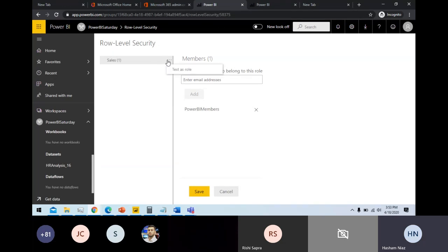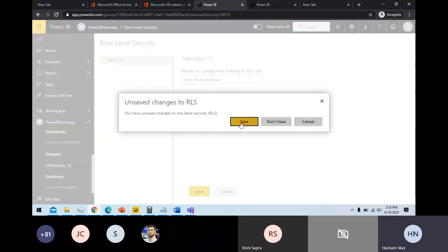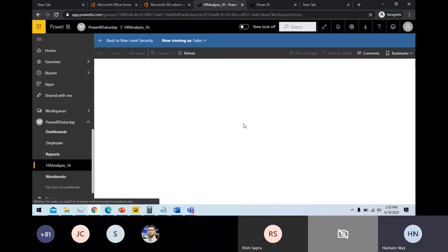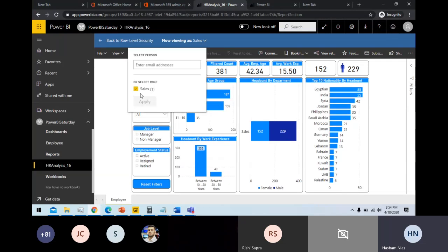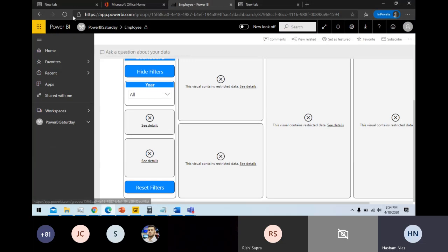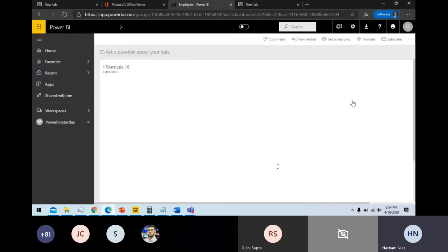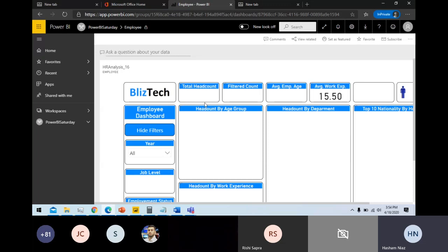If I want to test this, I can test it here, to see what the view of the end user will be. This is what he will see when he signs in with this particular user role. Now, if I click refresh here, I'm able to see this particular thing.